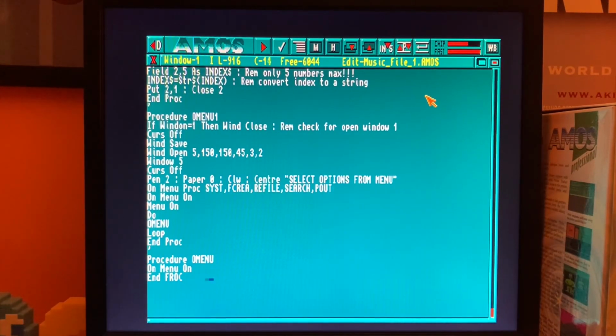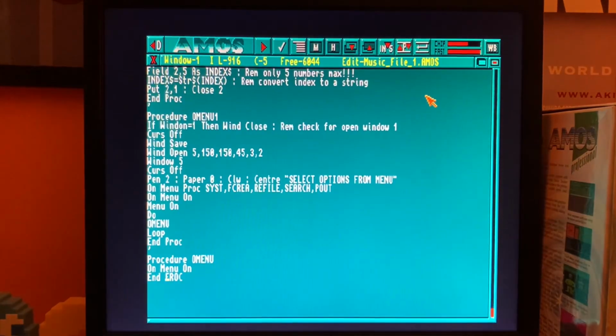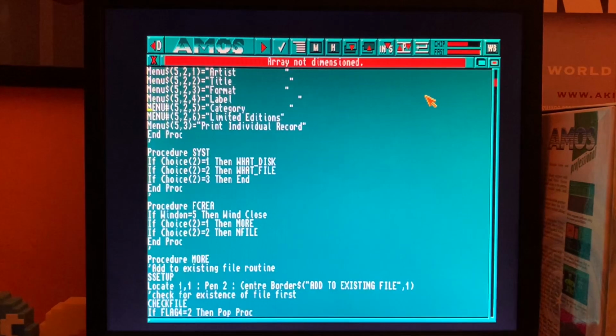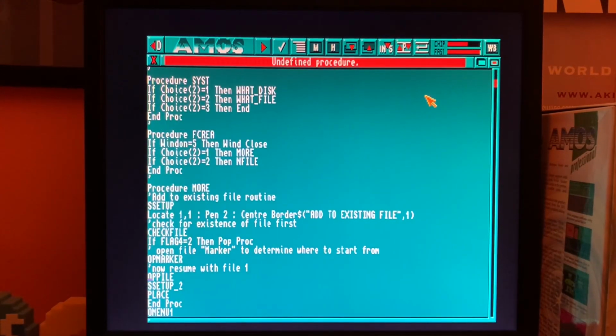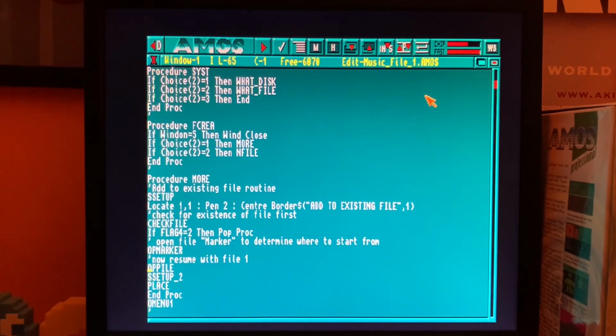So press F1 again, procedure not closed. Yeah, because I've got an end froc as opposed to an end proc on here. I don't know if you can see that there. So F1, array not dimensioned. Yeah, because this should be a $ sign and not a hash. F1 again, undefined procedure. So there's a number of things that are missing that I really need to go through